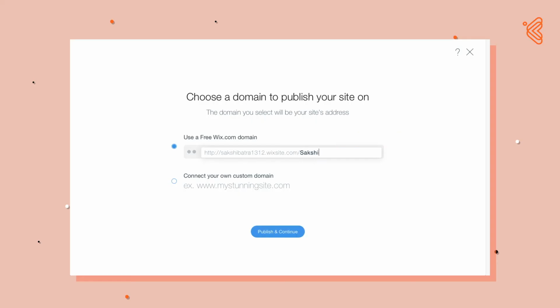Before you go on to publish your portfolio website, please double check again and again that all the links, all the interactive elements are working properly and the site is not taking more than 2 seconds to load. Designing a portfolio is a time-taking process, so give yourself at least a month's deadline before you go on to publish it. And once you're ready, choose a URL here and publish.